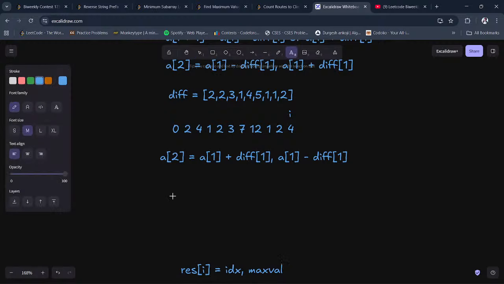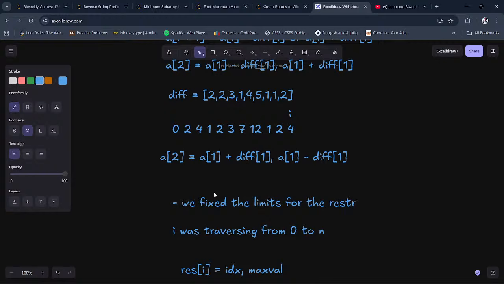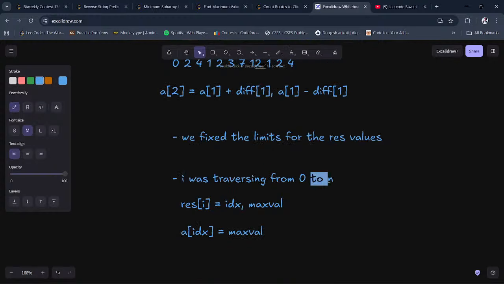I'll try to explain what I did initially. I was traversing from 0 to n. Okay, we fixed the limits for the restriction values, right? Restriction values. Then I was traversing from 0 to n. Since we want to increase our answer, what I was doing was,